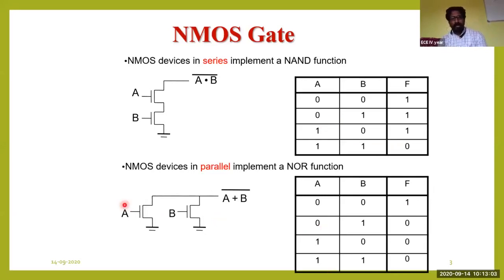For 0, 1, what happens? This NMOS will be turned off, and N2 will be turned on. Whenever it is turned on, you can see here the previous state is 1. That will move to the ground. So you'll not have any kind of output at A plus B whole bar. You'll have only 0. The previous state here was 1. That 1 will travel through the channel and go to the ground because of the potential difference, and A plus B whole bar is now going to become equal to 0.